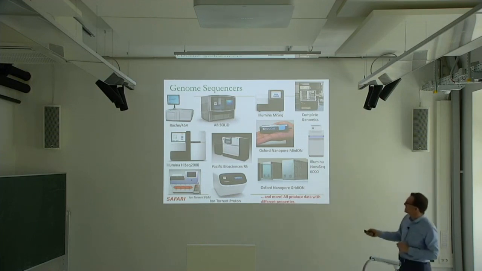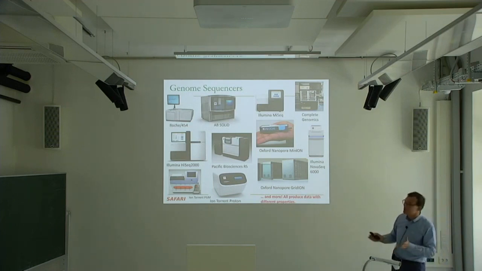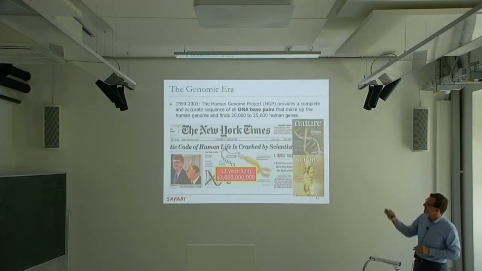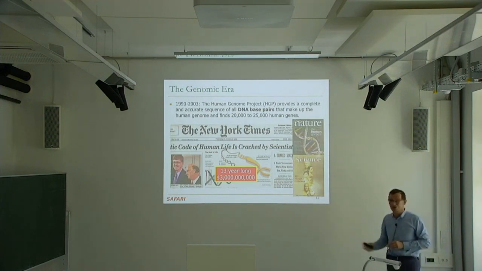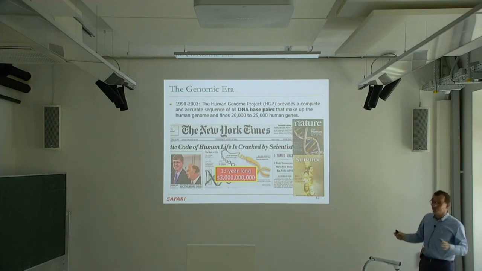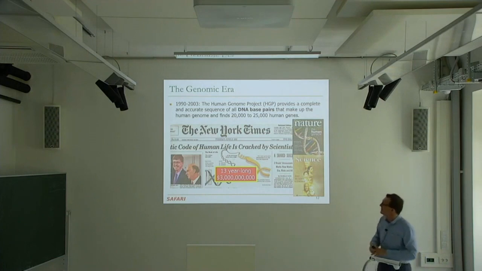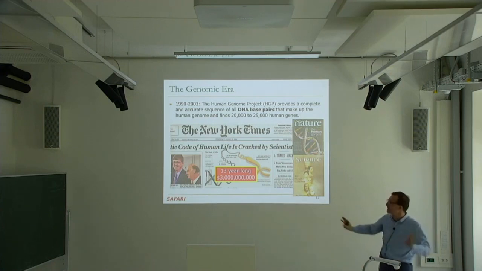Basically, all of these machines produce data with different properties. But we know how to design these machines, basically, to some accuracy today, which is not bad, actually. We've come a long way. And actually, this was motivated by the Human Genome Project initially, which took a long time, as you can see. And this was the first human genome that was completely reconstructed and sequenced. And even then, it's not complete, actually. About 80% of that particular genome is completely known right now.